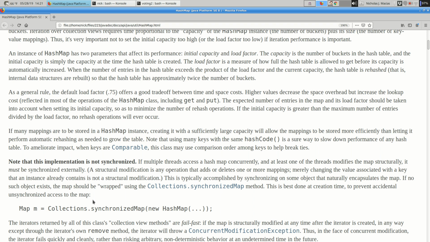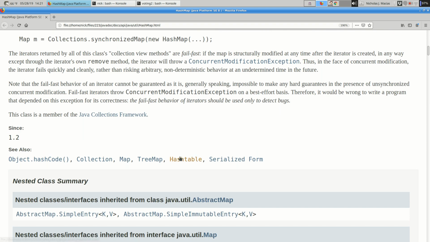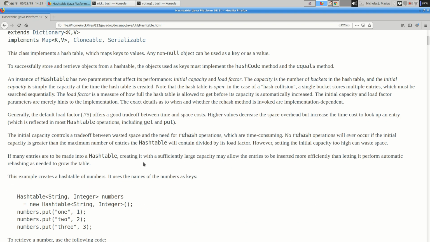Some of these things are synchronized for you. So hash tables, I believe, are synchronized.